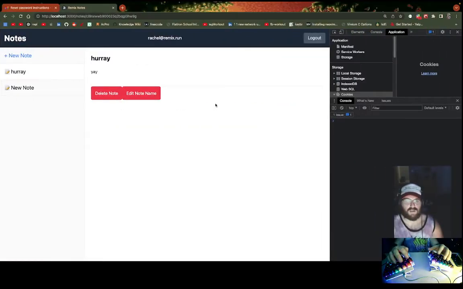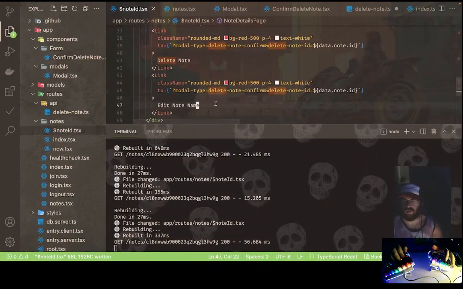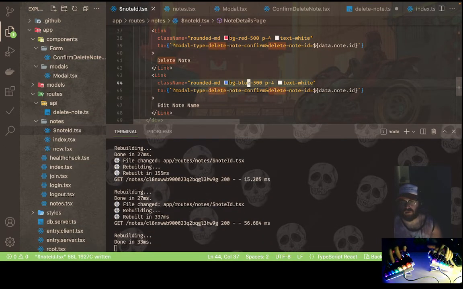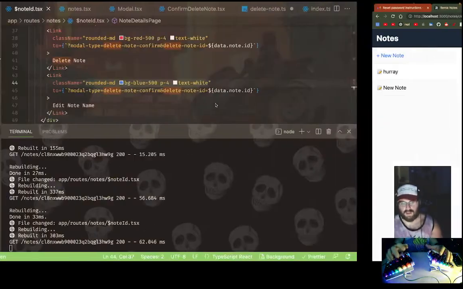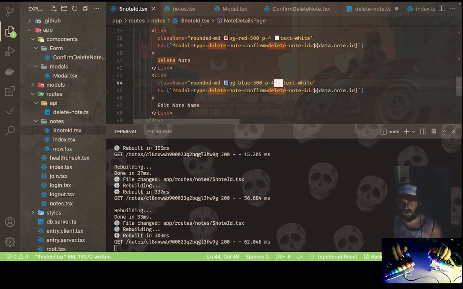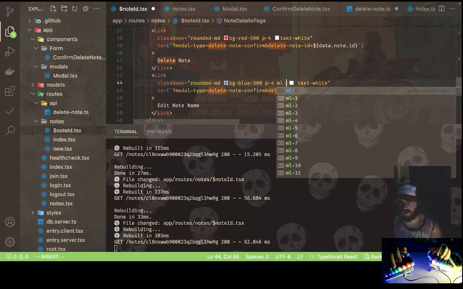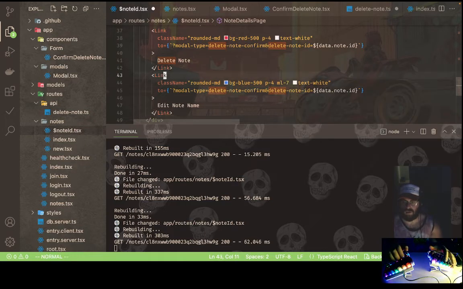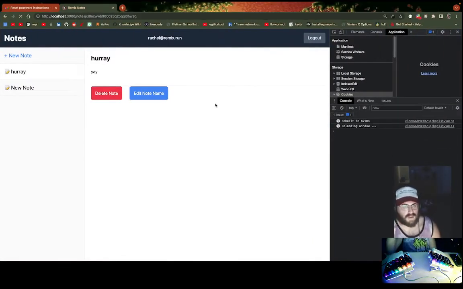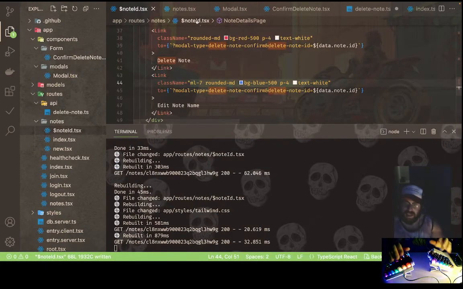And this probably needs to be blue. Works for me. Cool. So now we have an edit note name, and this, instead of going to delete note, we could say,